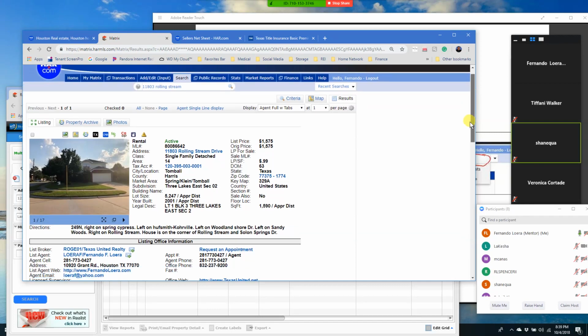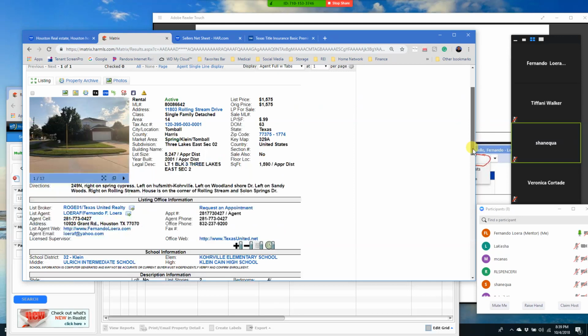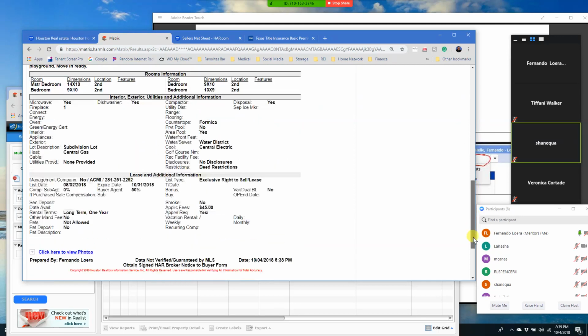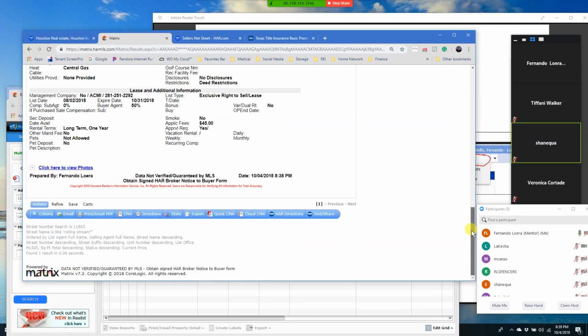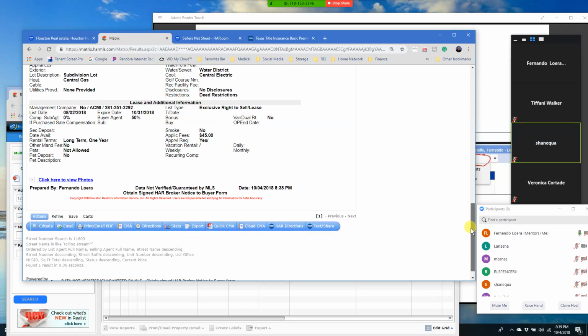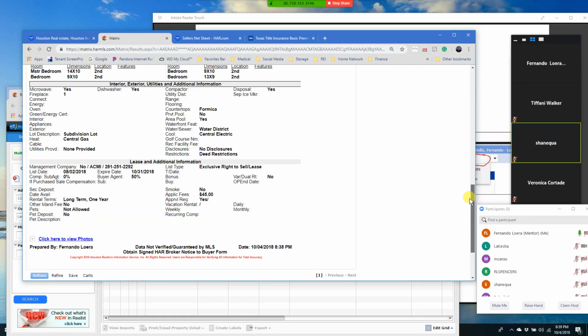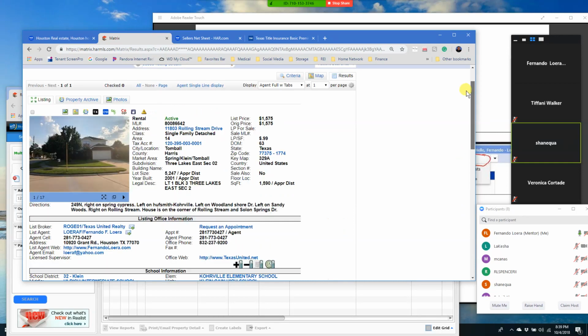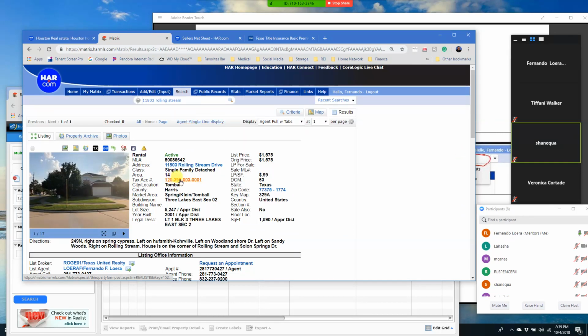Now, one way to find out is if you go all the way to the bottom of the MLS, and they'll tell you about the taxes. Now, in this particular area, it doesn't show that. But what I normally like to do is click on the tax account number right here in the center. This is a hyperlink. This is the actual account number for this particular property. You can click on that,